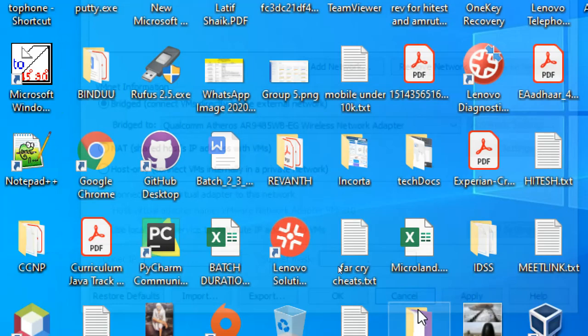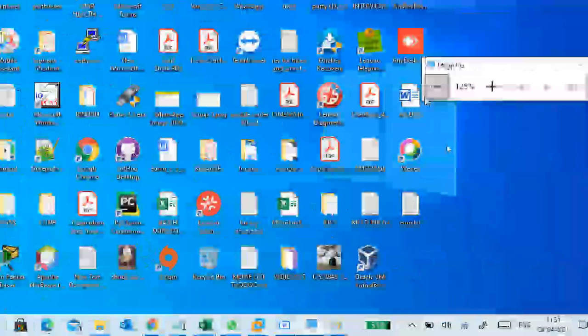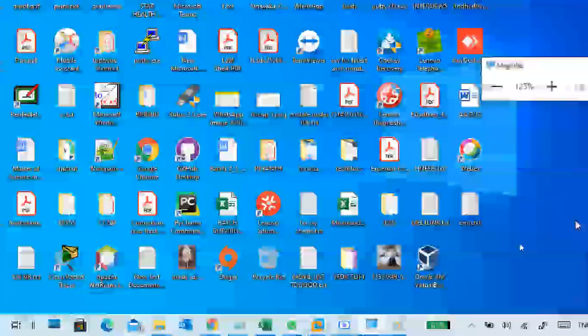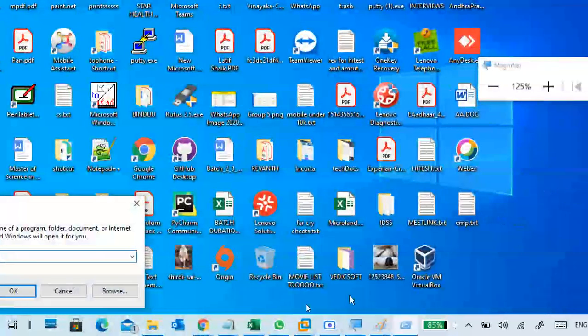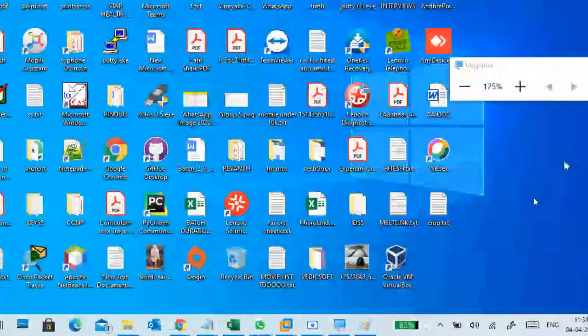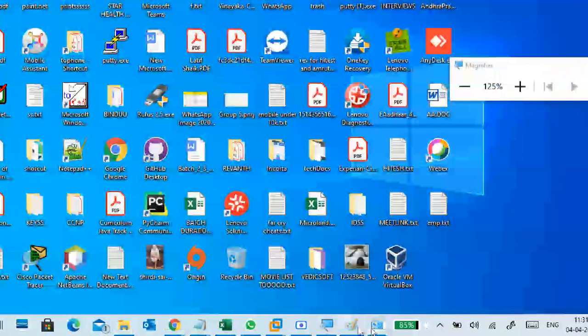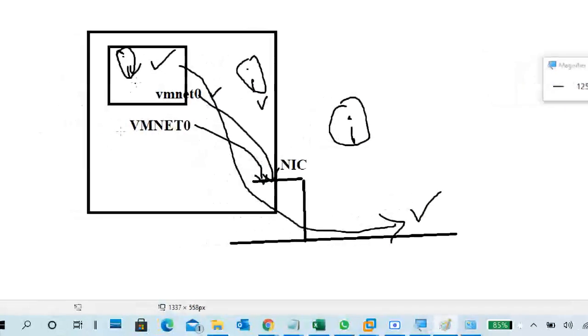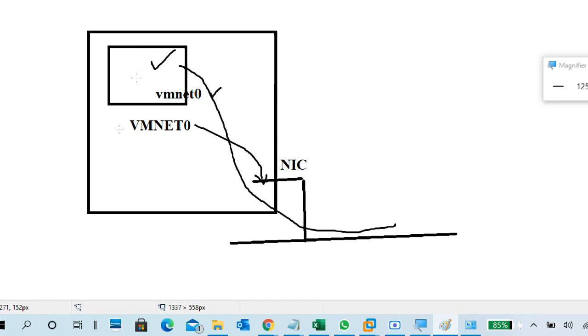Okay, apply and then OK. Apply and OK. But I'm not doing it because it's already there; it will reset the network. And one more important point: even though you did that setting, still from your virtual machine to the external network is not connecting. Even though you did this bridging part in your VMware, you are still not getting internet inside. Still you are not getting internet, meaning external communication.